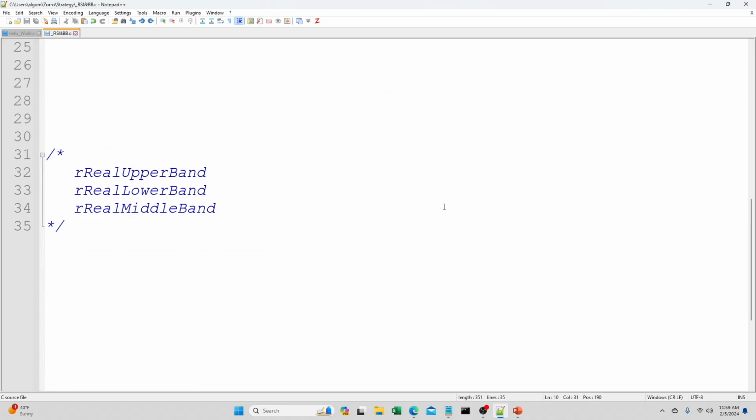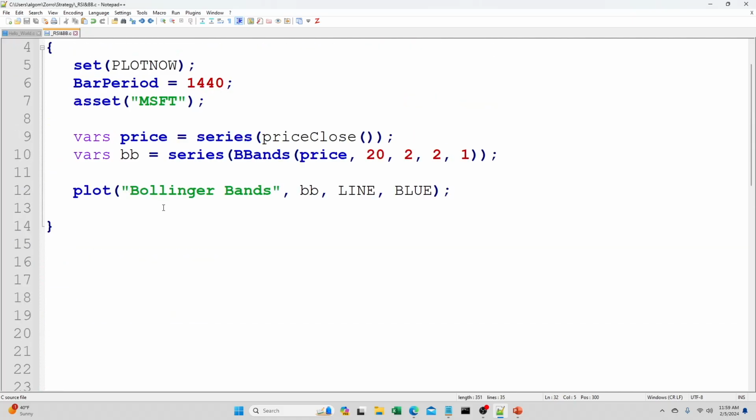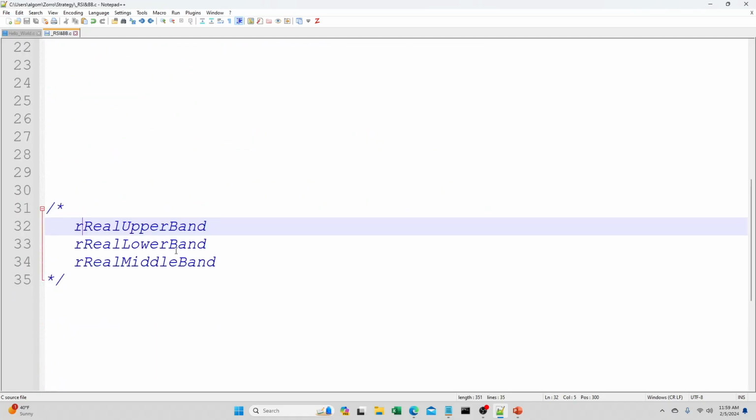These three objects are called rReal upper band, rReal lower band, and rReal middle band. Why does Zorro do that? Because we need these values in a separate fashion. Maybe we could get away with plotting in something like this, but when you want to check for a crossover or something,